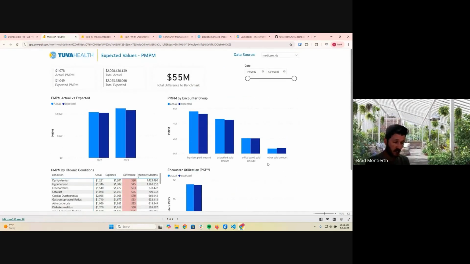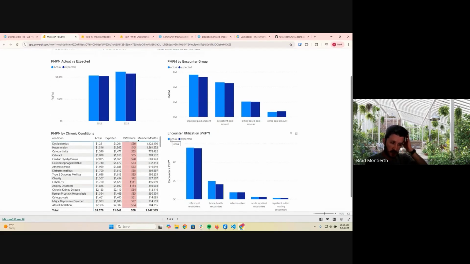And then because these expected values are all brought in at the person year grain, we can slice and dice our population by any kind of grouping or sub cohort or attribution methodology that we want, and the expected values adjust accordingly. And so I've brought in the chronic condition mart, which assigns each member to a chronic condition at the member level, into this visualization.